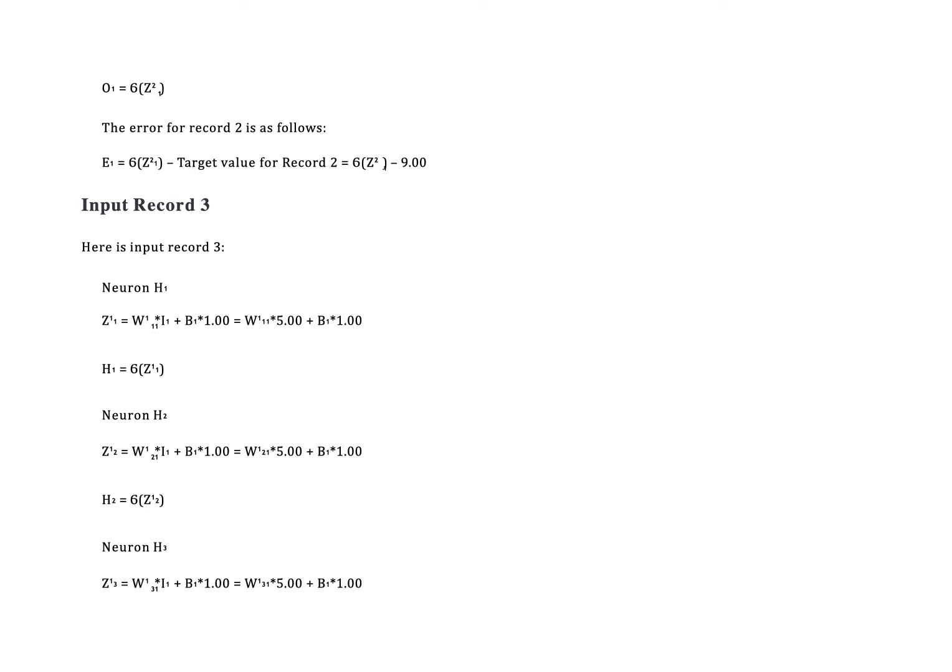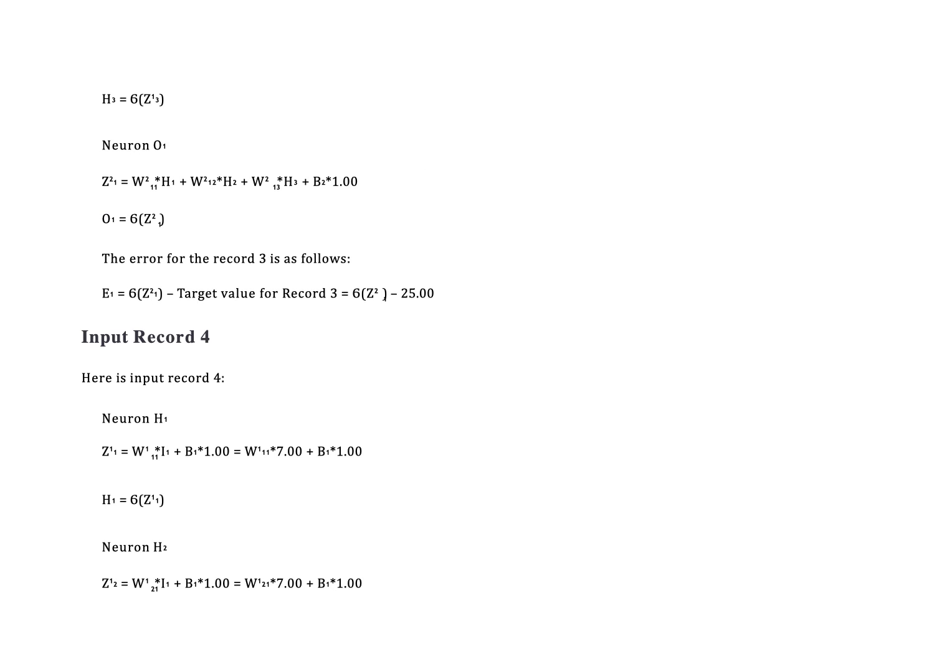Neuron H3: Z13 equals W131 asterisk 5.00 plus B1 asterisk 1.00. H3 equals Z13. Neuron O1: Z21 equals W211 asterisk H1 plus W212 asterisk H2 plus W213 asterisk H3 plus B2 asterisk 1.00. O1 equals Z21. The error for record 3 is as follows: E1 equals Z21 minus the target value for record 3,